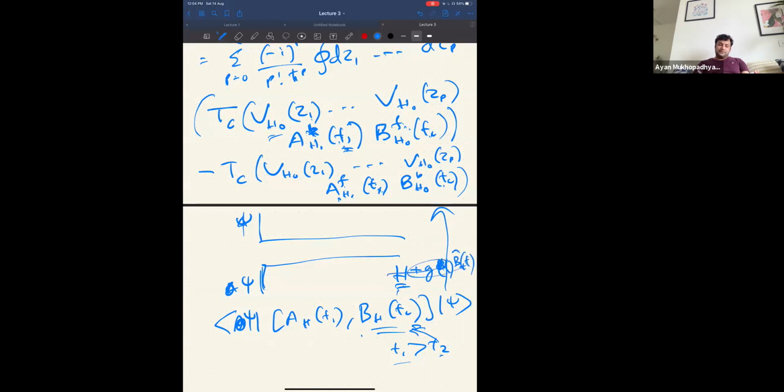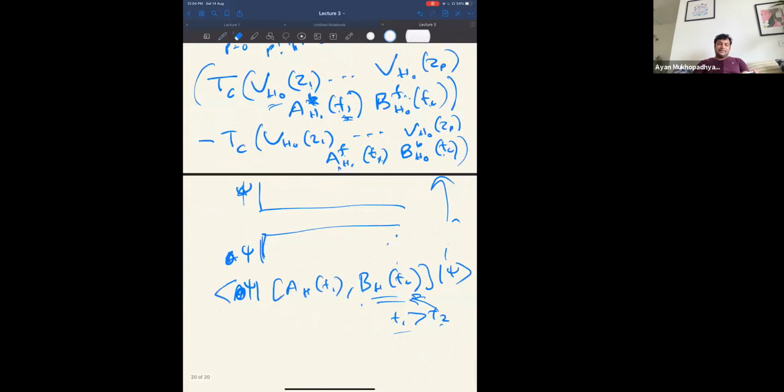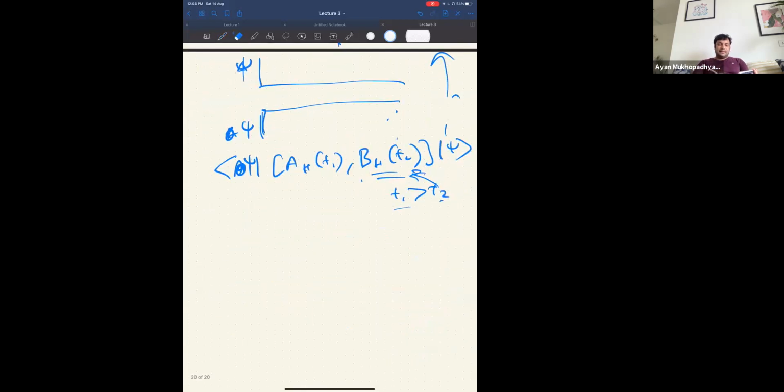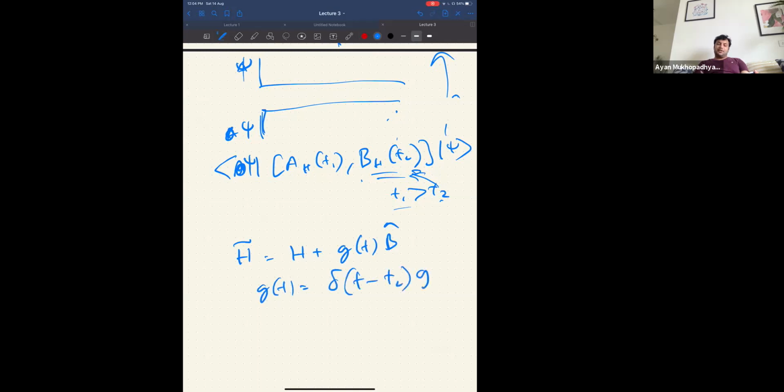Okay, let me write it, not clearly. So what's the physical meaning of this again? The physical meaning of this again is that I take h tilde now, which is h plus g of t times b, where g of t is equal to delta t minus t2 times some g naught. Okay, so I'm simply perturbing this Hamiltonian, and I'm seeing the response of A